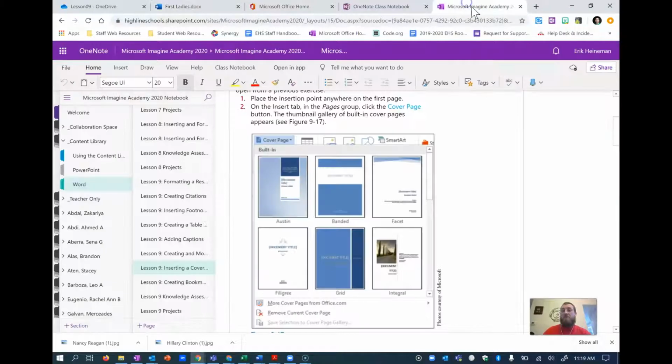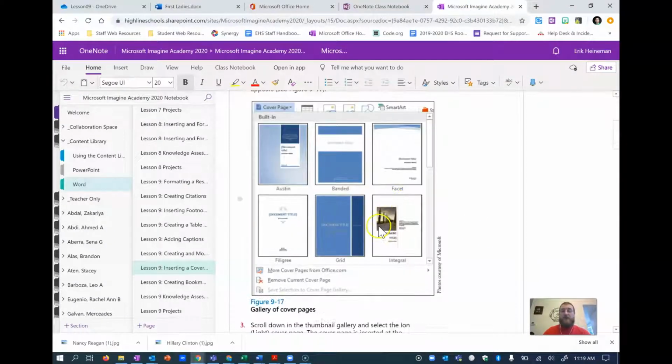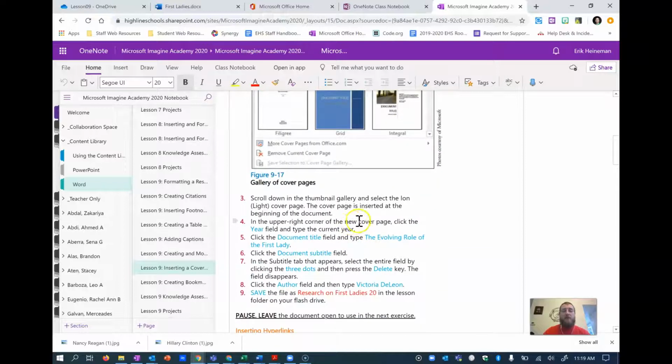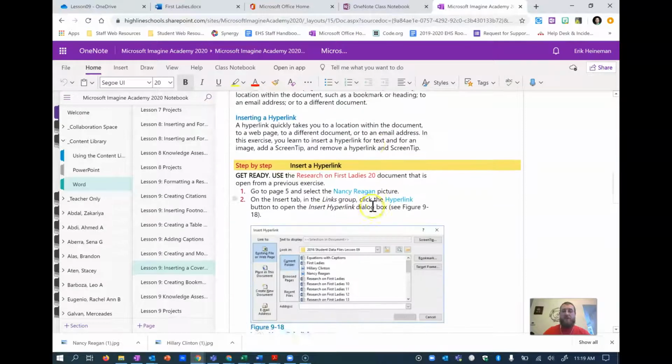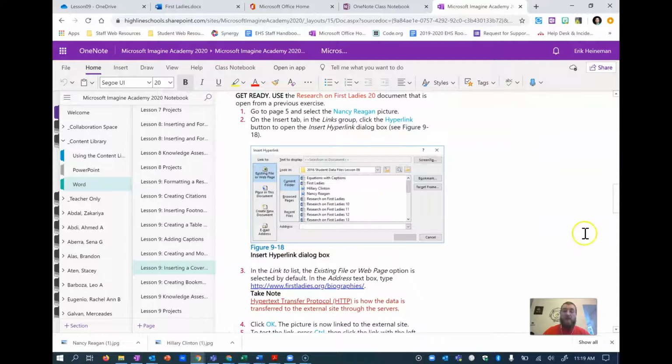But we don't have access to these in the online version. We can only do that on the desktop version. Okay, but we will add these hyperlinks, but we're also going to have to do these a little bit different because